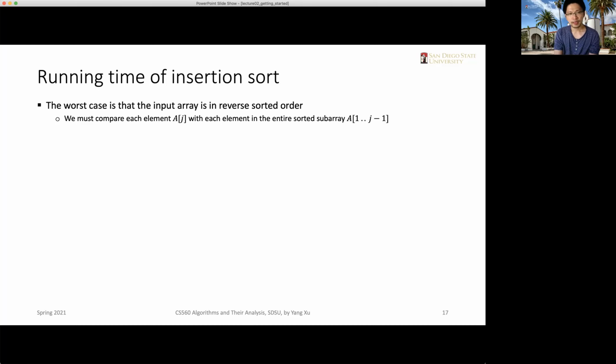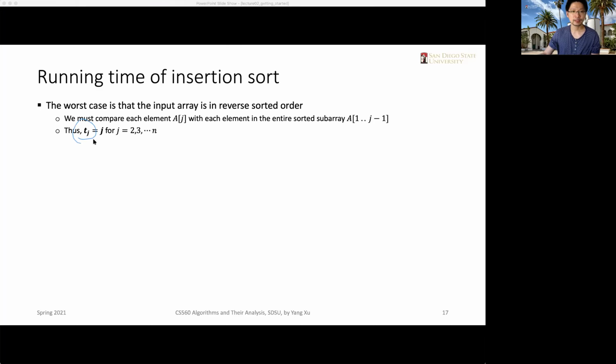So in that worst case, what will happen in the while loop is that we need to compare the key, which is AJ, with each element that is ahead of it, because all the elements are greater than AJ, right? Because the total sequence is in reverse order. So that means we can also determine TJ,